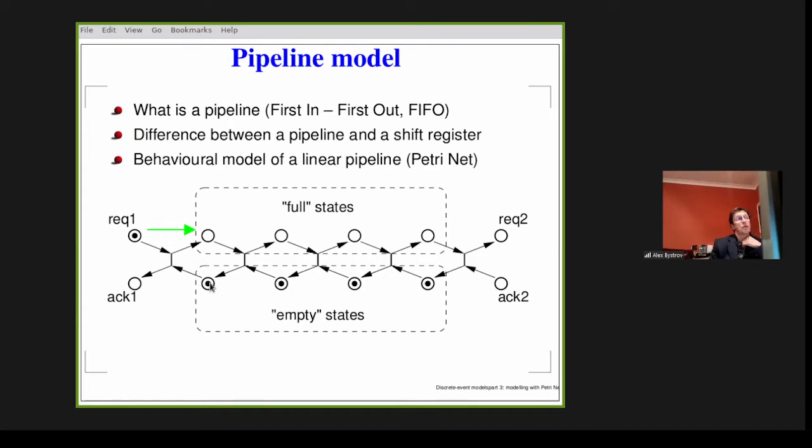There's a general rule that in a loop, any loop in a Petri net, if there are no choice and merge operations, just those transitions like fork and join, then the number of tokens stays more or less consistent.